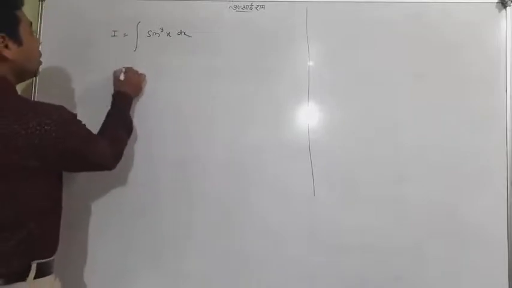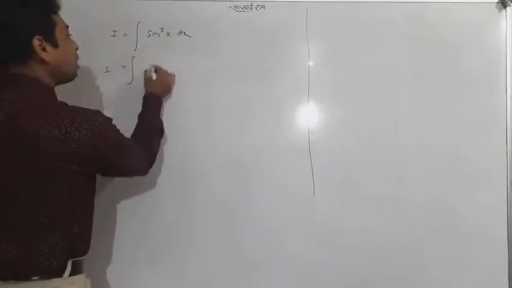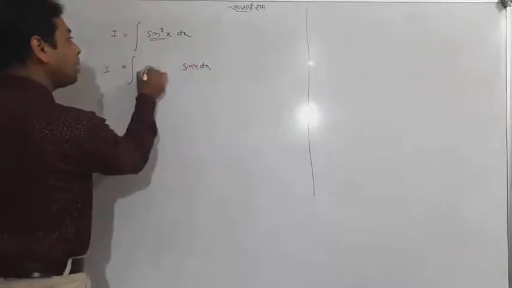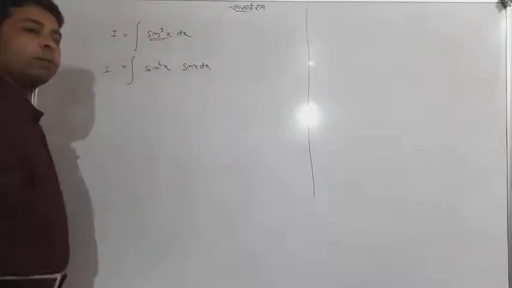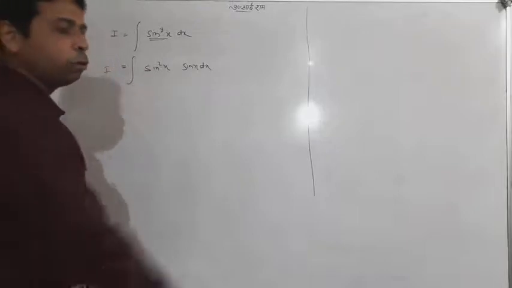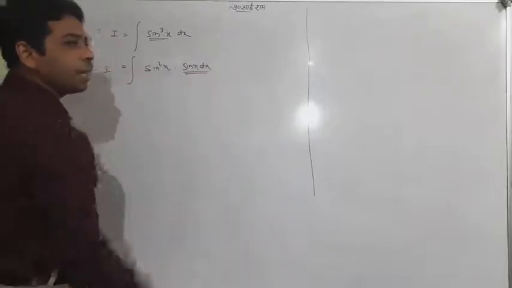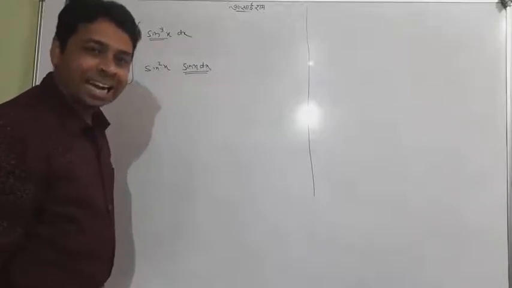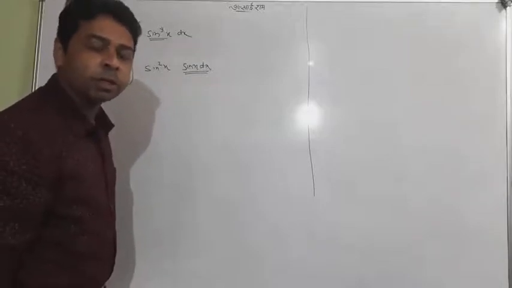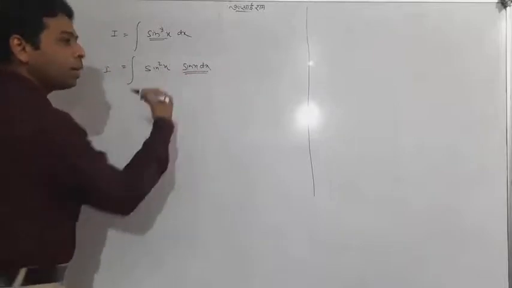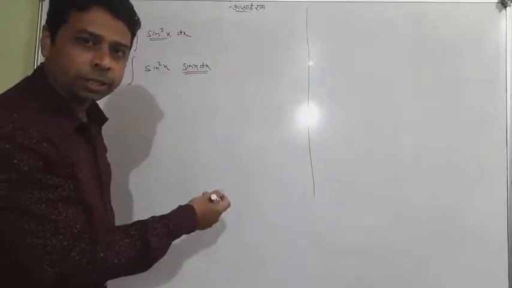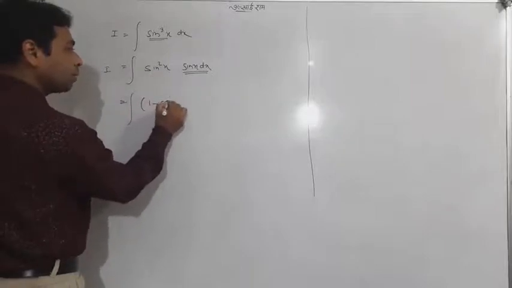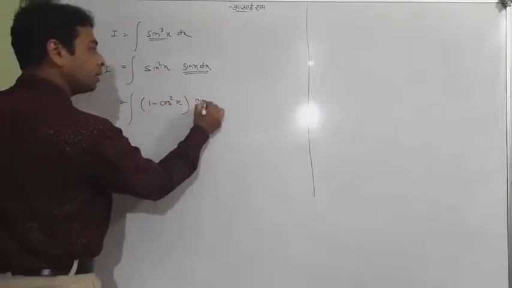Look at the same sentence I would speak: separate into two terms, for sine cube, first sine x, one power, and the rest power. Very simple thing. And what to do now? You need sin x dx anyhow, so you have to consider cos x equal to t, so that you can get sin x dx after doing the differentiation. So you have to consider cos x, but you don't have a cos x. So create the cos x by changing sin square x as 1 minus cos square x, sin x dx.